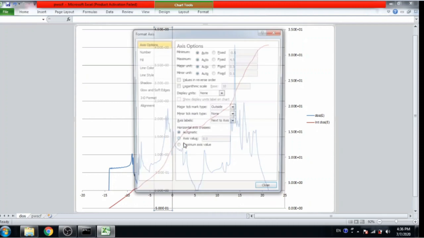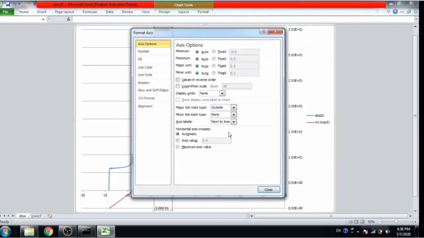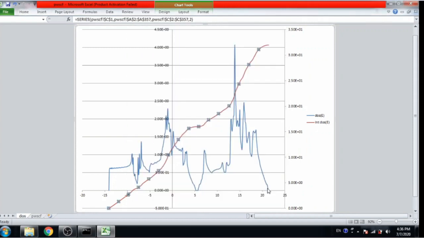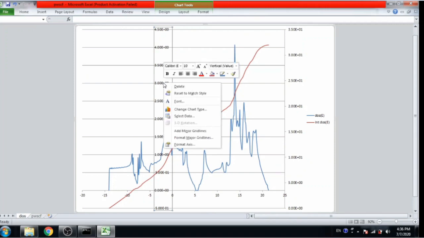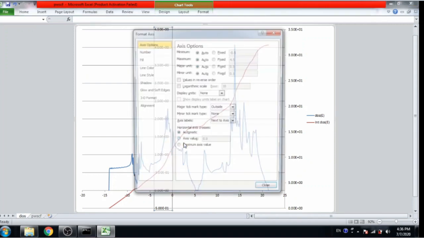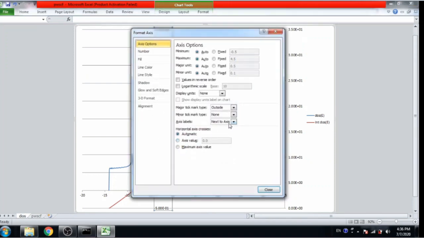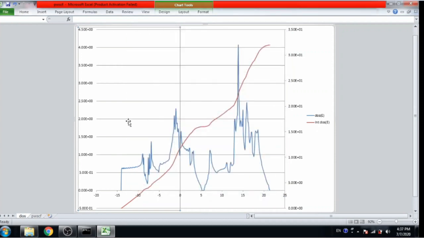Now choose this vertical axis and right click and format axis, then set axis labels as low. Then this graph is good.